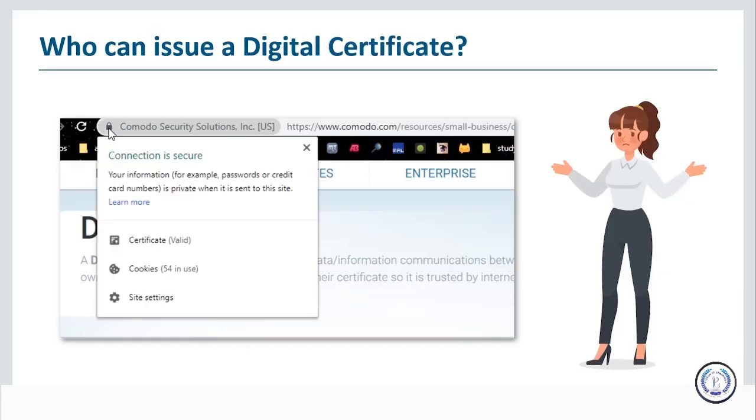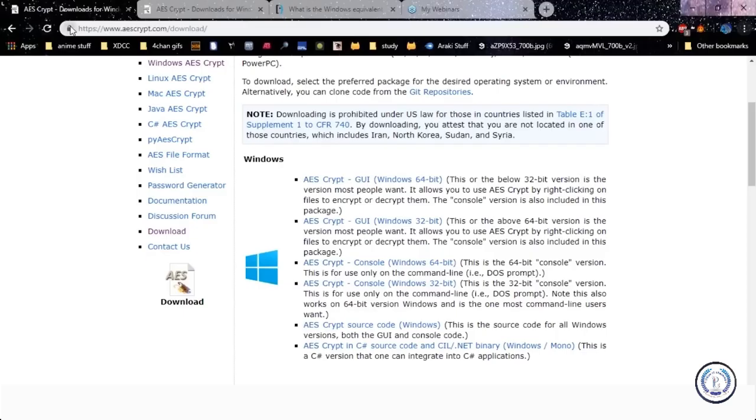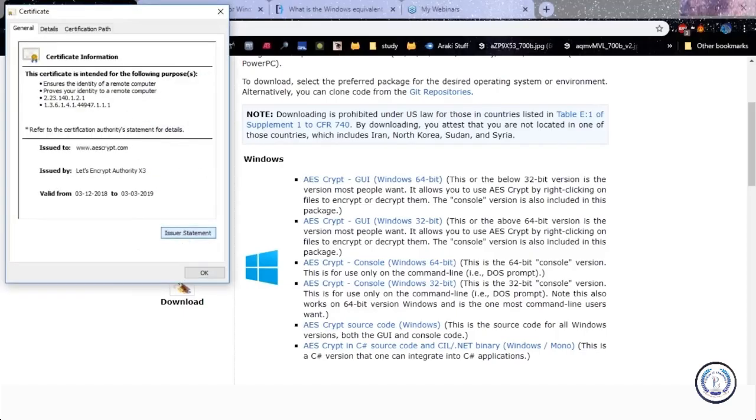So, digital certificates are actually issued by authorities who make it their business to certify people and their organizations with digital certificates. Now, you can see these on Google Chrome. Let me just open Chrome for you guys, and you can see it out here. You can see certificates, and you can go into the issuer statements, and you can go into all sorts of stuff. So you can see it's issued by Let's Encrypt Authority X3, so that's an issuing authority for digital certificates.